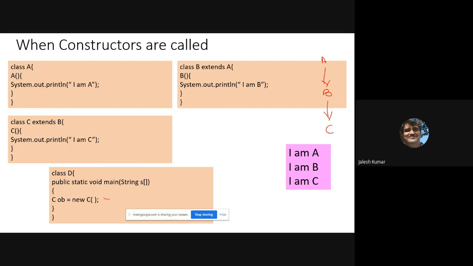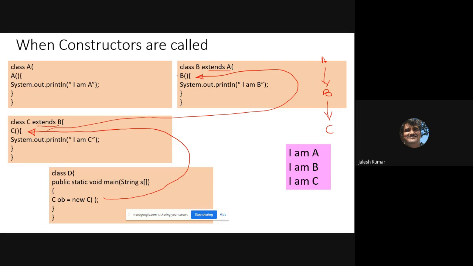Because as soon as you invoke C, it will come to this constructor. As it extends from B, this will invoke the constructor of B. As it extends from A, it will invoke the constructor of A.